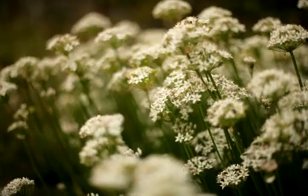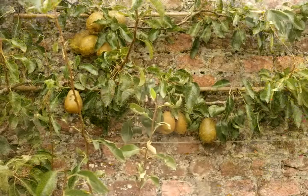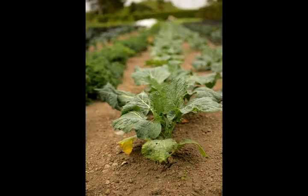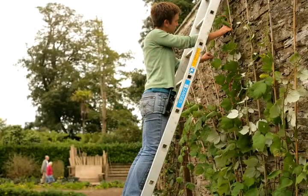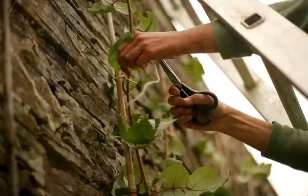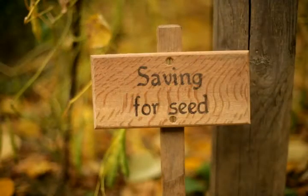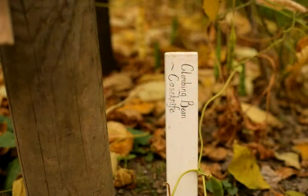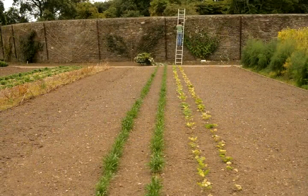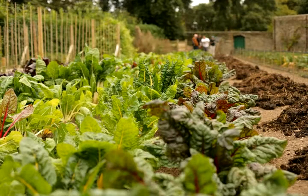It's an amazing job. You really get to see the seasons, and I find it really hard now to say which is my favourite season, because every season has such a beautiful element to it, and to be outdoors all year round is really quite privileged. It's also a real privilege to work somewhere like Heligan, or any of the so many amazing gardens in the UK, and to carry on those gardens